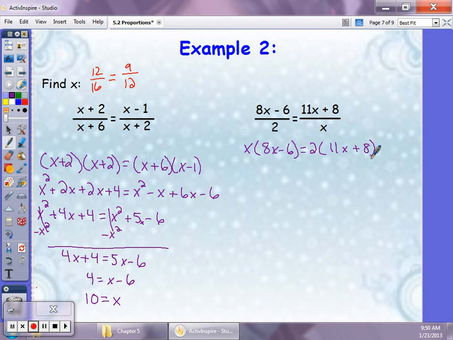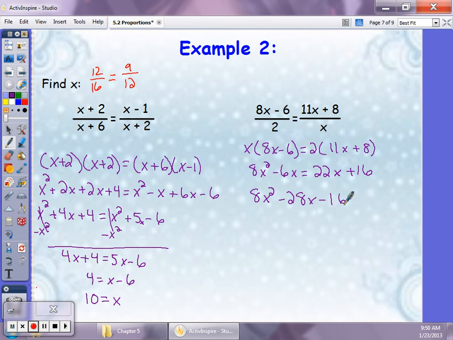And we're going to start simplifying, so we're going to distribute. This will give me 8x squared minus 6x is equal to 22x plus 16. Okay, so what we're going to do now is start moving everything over to the left-hand side so we can factor. So if we subtract 22x and subtract 16, we're going to have 8x squared minus 28x